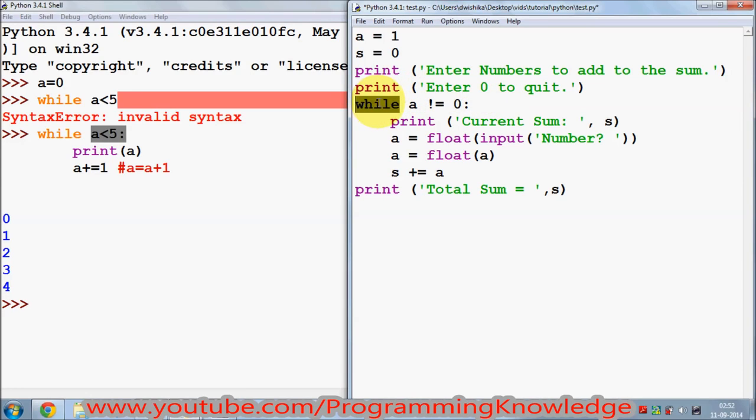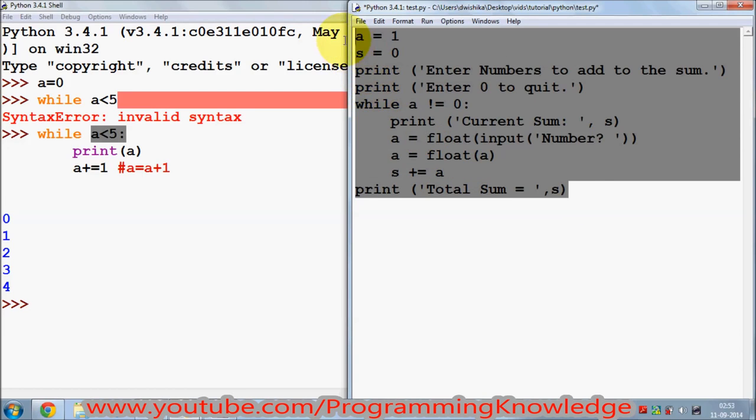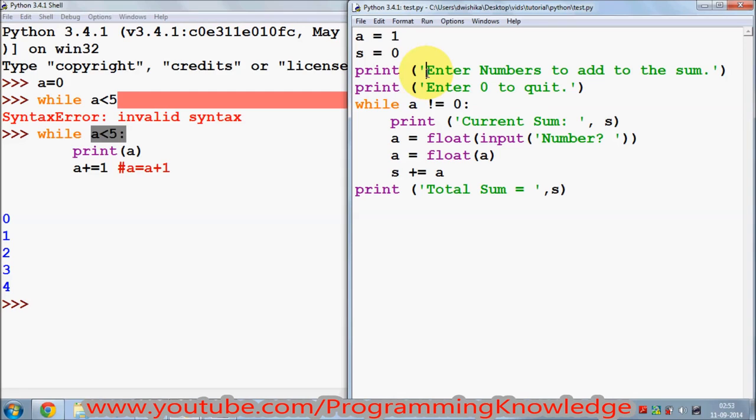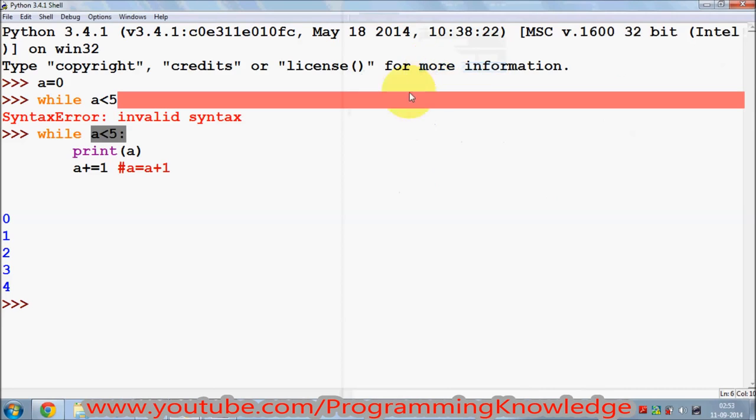And then I'm checking whether a is equal to 0. If a is not equal to 0, then I'm going to take this value of s, and then I'm asking the user to enter a number, and then I will add this number to my sum. S stands for sum and A stands for a number, and then I will print the sum like this. Okay, so this is a little example which is more practical in real life situations, and I will run this,